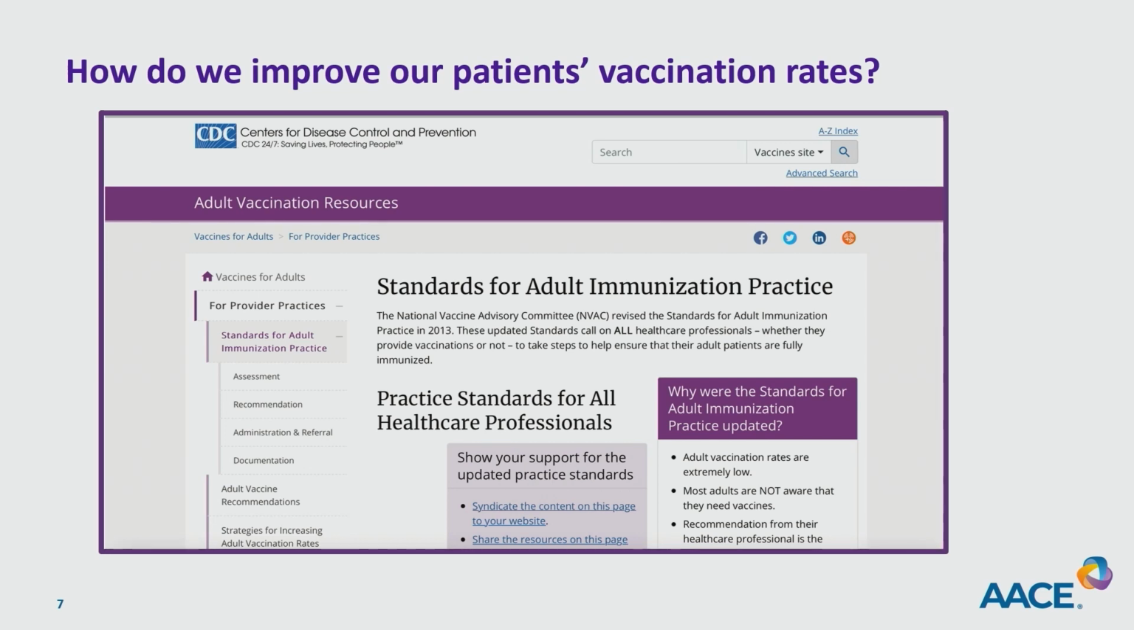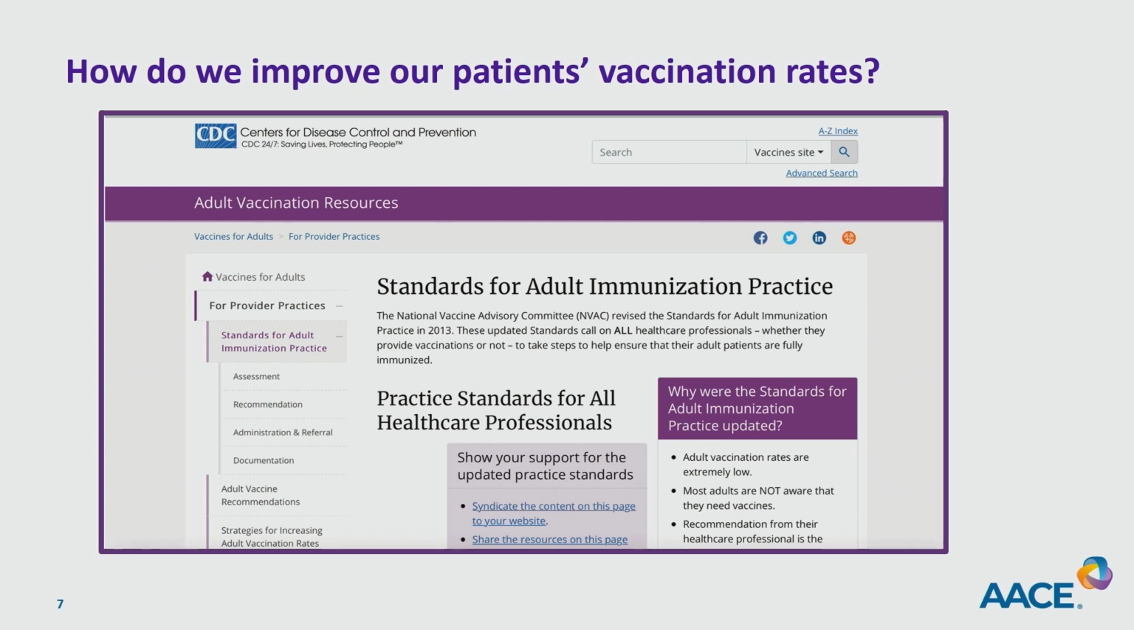So there are other vaccines that are less frequently administered, which are very important for us to address in our clinical practice. And these standards for adult immunization practice is a framework that the CDC developed to help us as healthcare professionals address this gap in vaccination amongst our high-risk patients, amongst our patients as a whole, but specifically for